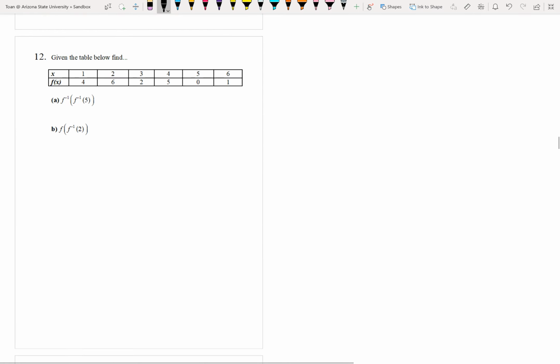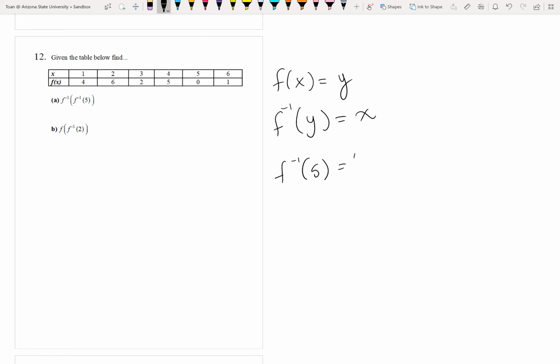Number 12 is basically reading. Can we read a table of values to evaluate function inverses? The idea is that a regular function takes in x and spits out y's. So an inverse function does the exact opposite: it takes in y values and spits out x values. So if you saw something like f inverse of 5, this is asking you what is the x value